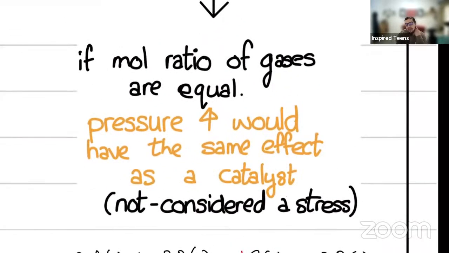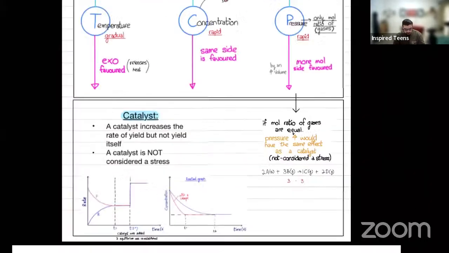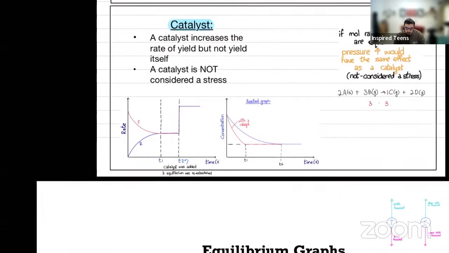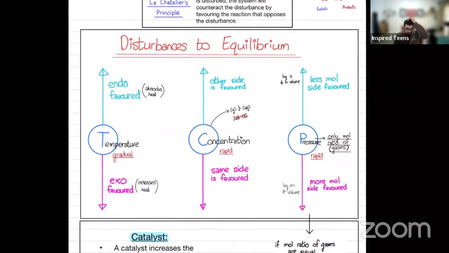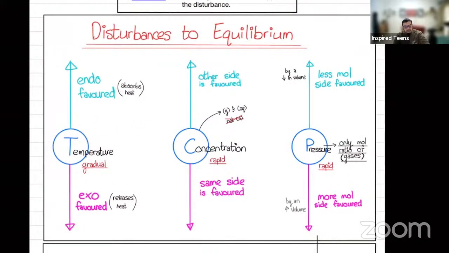If the molar ratio of gases are equal on either end, pressure increase would have the same effect as a catalyst, and it is not considered a stress. So it would have this effect, and it is not considered a stress. That's the last thing we need to discuss about Le Chatelier's principle and the respective disturbances